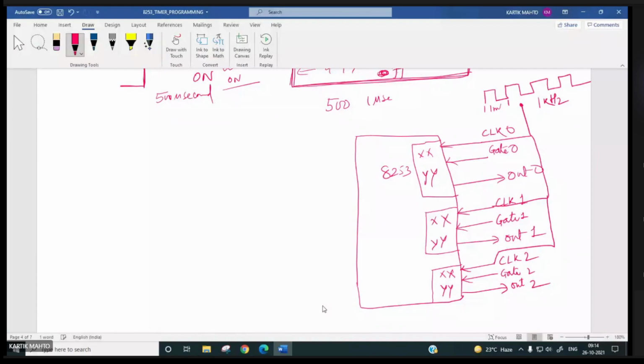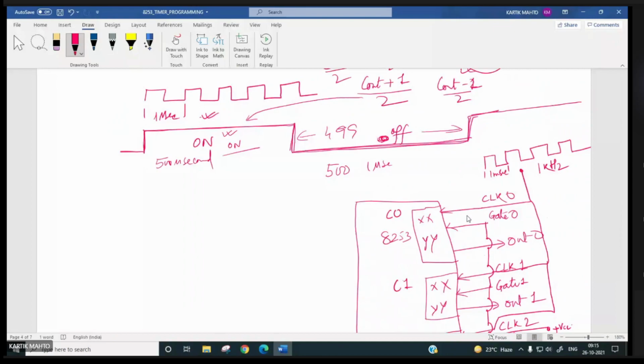All the gate signal terminals we are tying to plus VCC, plus 5 volts. So this is counter 0, this is C1, and this is counter 2. Let us configure counter 0 in mode 0.